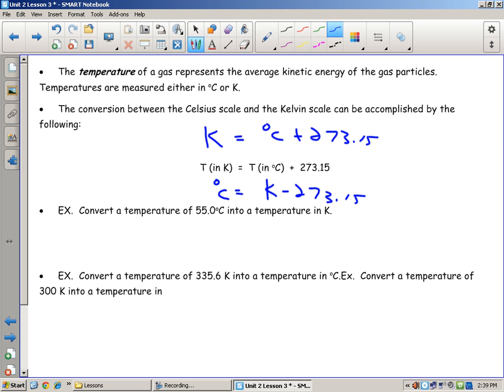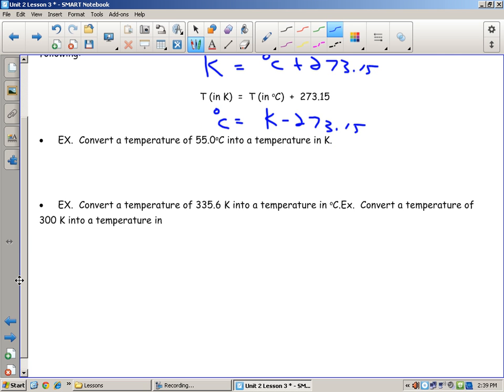You're just going to say, hey, I have Celsius. What do I do if I got 55 degrees Celsius? I'm going to add 273.15 every time. So if I give you Celsius, you add 273.15. In this case, to find the Kelvin, I take 55 degrees Celsius and add 273.15. When you do that, you're going to get 328.15